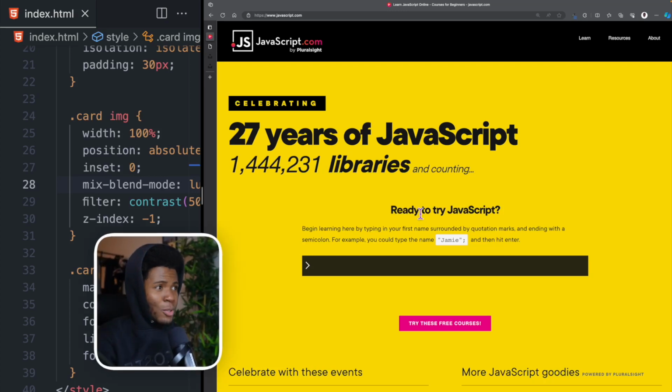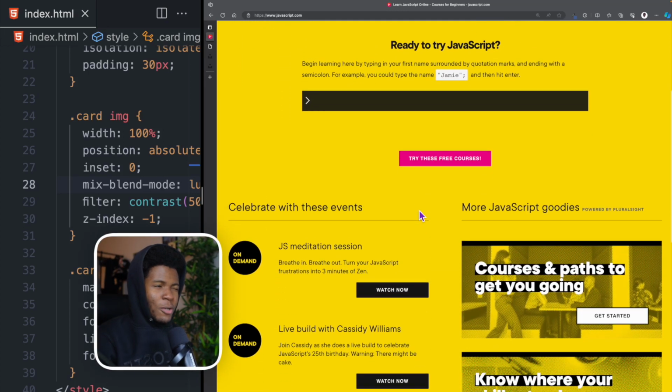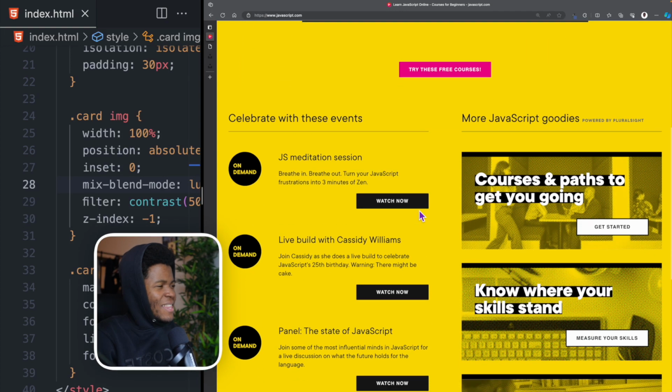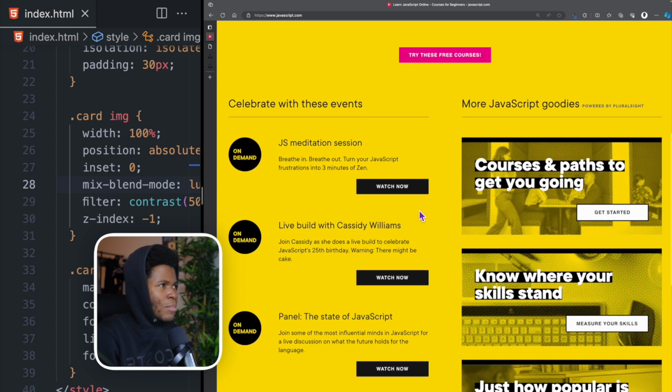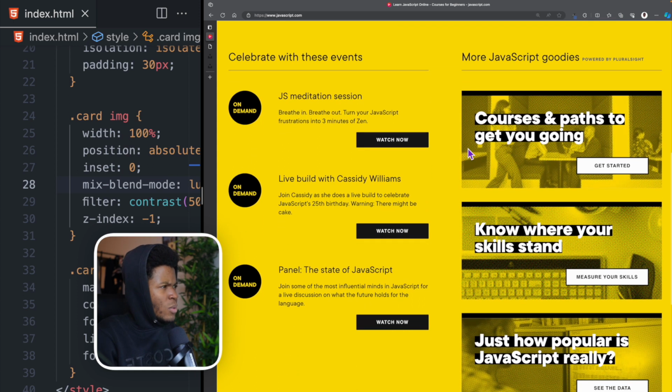So I was on javascript.com, well, because I was trying to see if JavaScript had a website. And then I found this website created by Pluralsight, I believe. And what really caught my attention was this design here. It seems very little, but I really loved it. You could see how the background of the text is black, but the black background does not have the same height as the text. I decided to also try this out, and I'm going to share my learnings with you